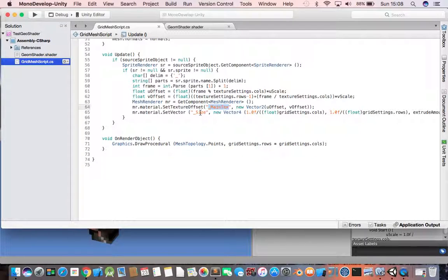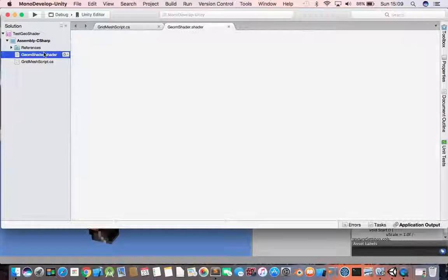This is a uniform variable, and this is a kind of uniform, but it's sort of half built in with Unity, I think. And then we want to draw it. So if we look at the shader code now,